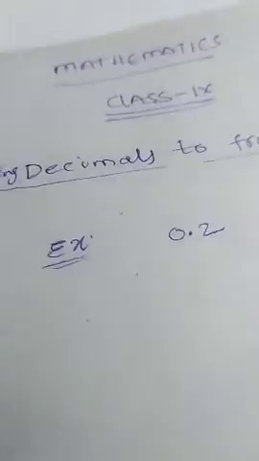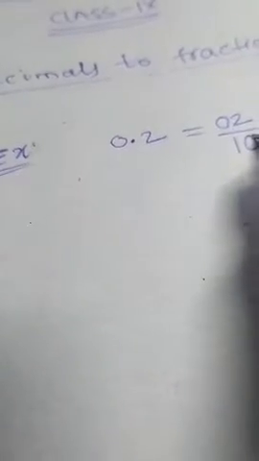Suppose I am taking one decimal number, 0.2, which is a terminating decimal. Now I am going to convert this into a fraction. When you are converting a decimal number into a fraction, count how many digits are there after the decimal point. One digit. So remove the decimal point and you get 02, divided by 1 followed by one zero, so you keep 10. 02 is nothing but 2, since 0 on the left-hand side has no value. So 2 by 10. By simplifying, 2 ones are 2, 2 fives are 10, so 1 by 5 is the fraction.